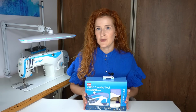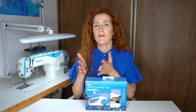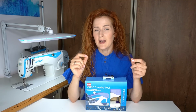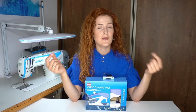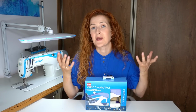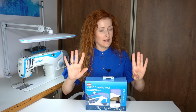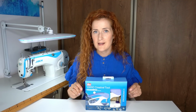The great thing about this tool is that you get one tool and you can install multiple items, from fasteners, snaps, to eyelets and rivets. Typically, to install snaps you would use pliers, and to install eyelets and rivets you would have to use a hammer. However, both of these tools don't work that great for me because I don't have a very good grip power and my hands get tired very easily. So if you're like me, you're going to love this tool because the press will make both of these tasks almost